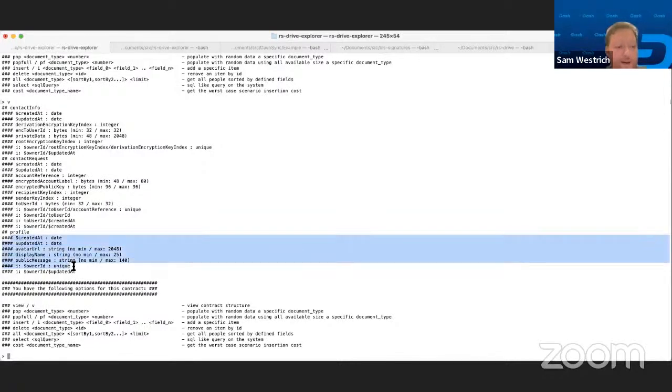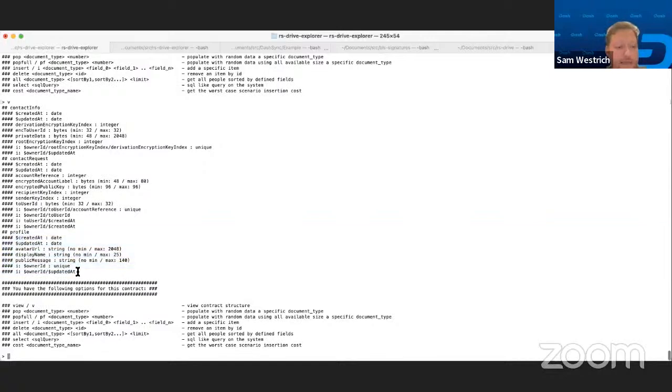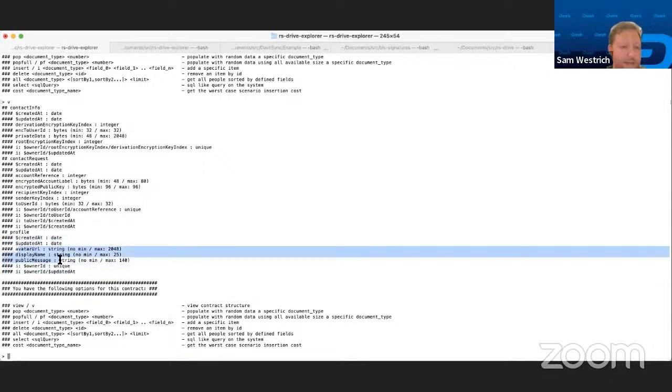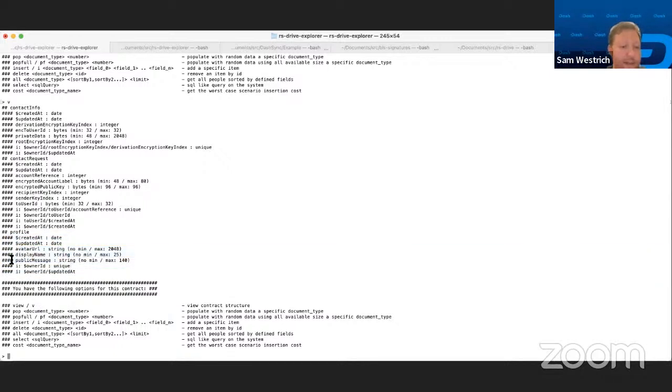You have the DashPay profile, when you created it, when it was last updated, the avatar that you're using, your display name, a public message, and then the I's here mean the current indexes that exist on your profile, on your contact request, on your contact info.